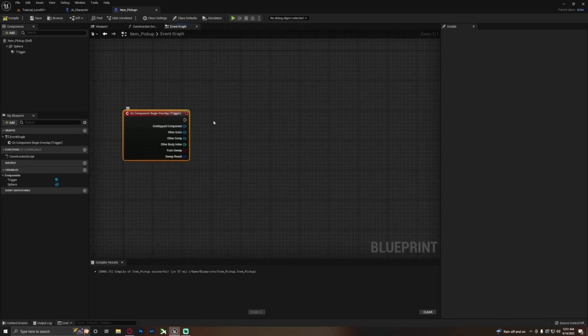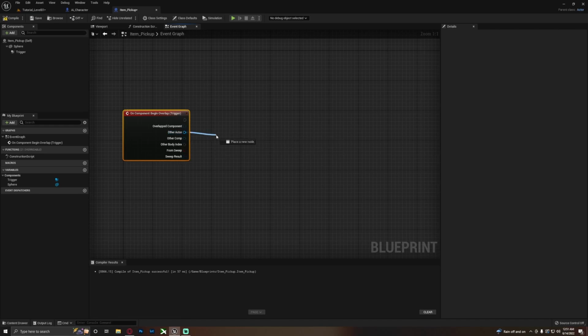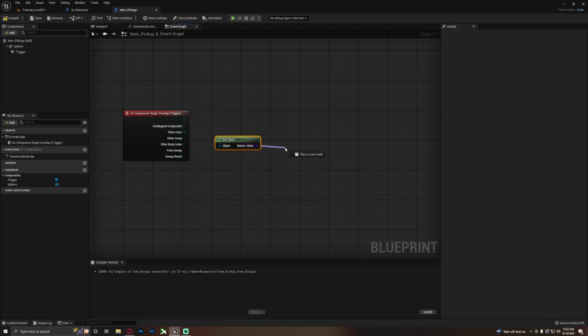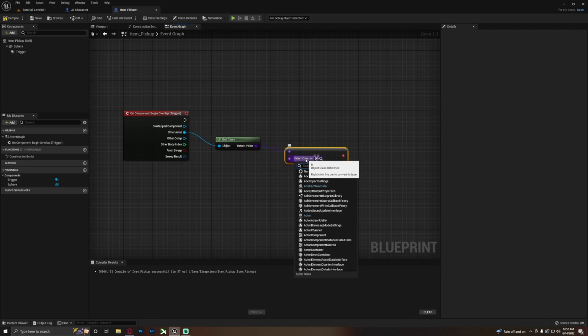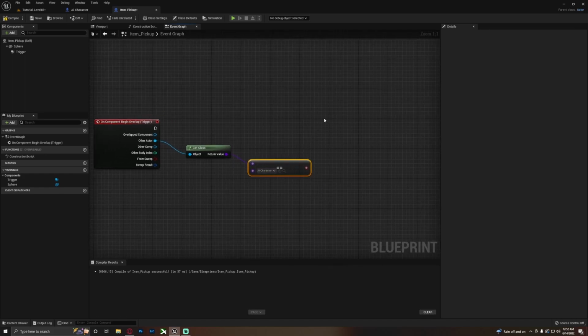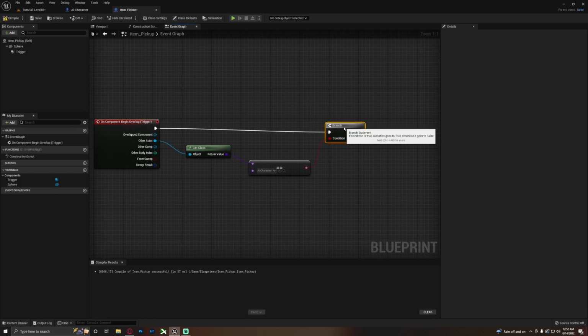And now, so basically when something overlaps our trigger, we're going to check something. So from other actor, type get class. Down here under utilities, get class. Drag off that, hit equals. We're going to do an equal. And then in the select class, we're going to type our AI character, or whatever you may have named your AI. This is what you'll do. And then hold down B, left click, get a branch. Drag off your execution pin, plug this in. So now we're saying